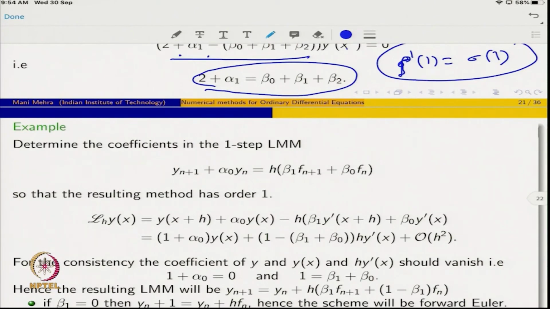Okay. So, now we have seen the proof of the theorem. Now, let us take one example again. Determine the coefficient in one step linear multi-step methods. If you remember, so far most of the examples we have done to prove consistency had coefficients given to us, and we were proving whether the method is consistent or not, or in one case in fact we determined the order of the consistency. But this is the first example where we are trying to find out the coefficient of the difference equation.